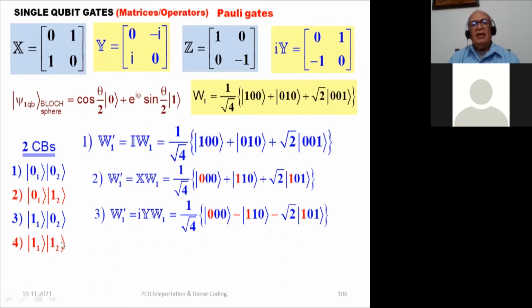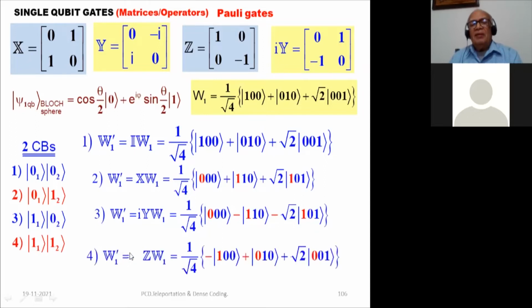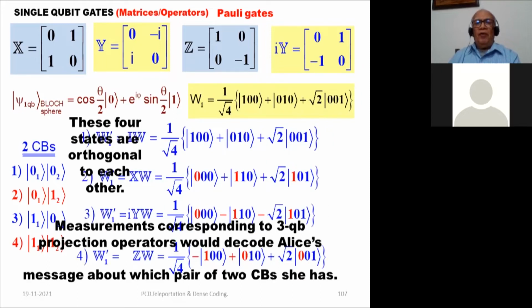And if it is the fourth possibility, which is 1, 1, then Alice performs a Z operation, which is to change the south pole by a phase. So it becomes -1, 0 remains 0, this 0 remains 0, and this is the 3 qubit vector that the transformation results in. Okay, so the 4 vectors that you get are all orthogonal to each other, and